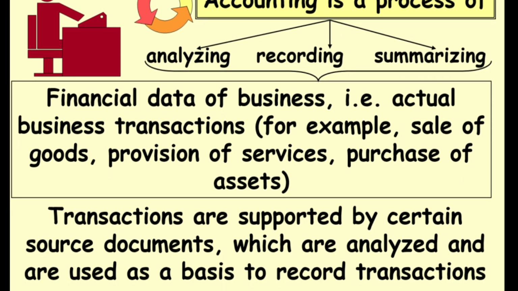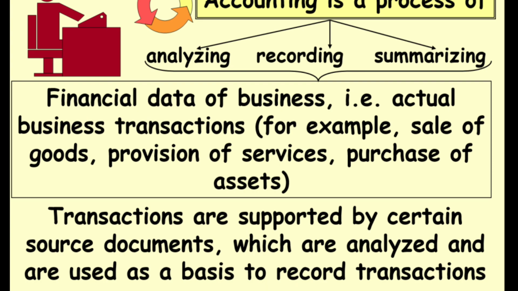Remember that transactions we record in the books of accounts are supported by certain source documents which are analyzed and are used as a basis to record transactions. For example, if we want to record purchases, we have to have purchase invoices in the backup. We cannot record events in the accounting out of thin air. We have to have some source documents. When we record cash in and cash out, we have to have bank statements. Similarly, when we record sales, we need to have sales invoices with us. Recording electricity expense, we need to have electricity bills. So all the recording is done based on source documents, and things are recorded only after we analyze them,